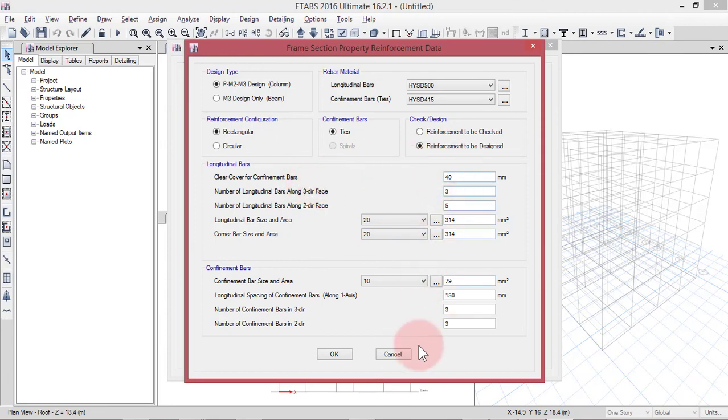This part doesn't matter, so if required we will be editing it while designing the structural members. Okay, so this part we can keep as it is. You can also give the reinforcement diameter, the longitudinal bar size, and the diameter of the stirrups here. The diameter of stirrups is 8 mm.